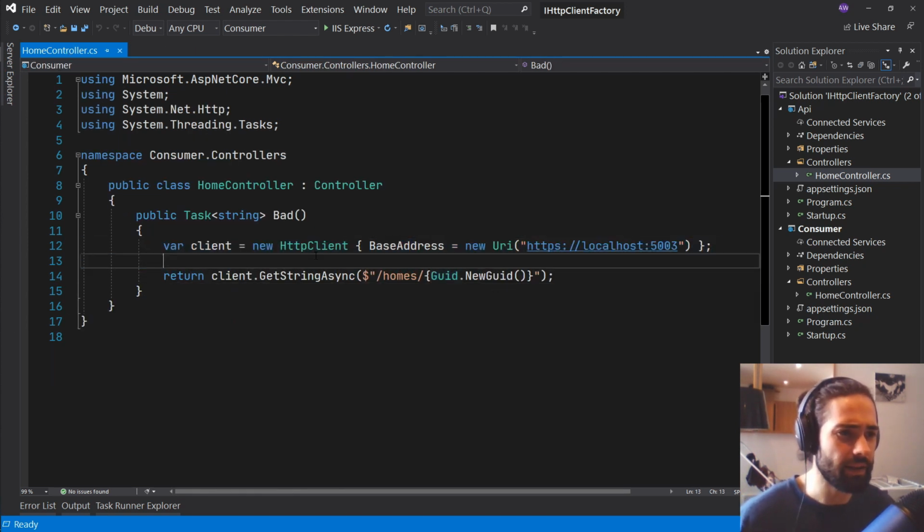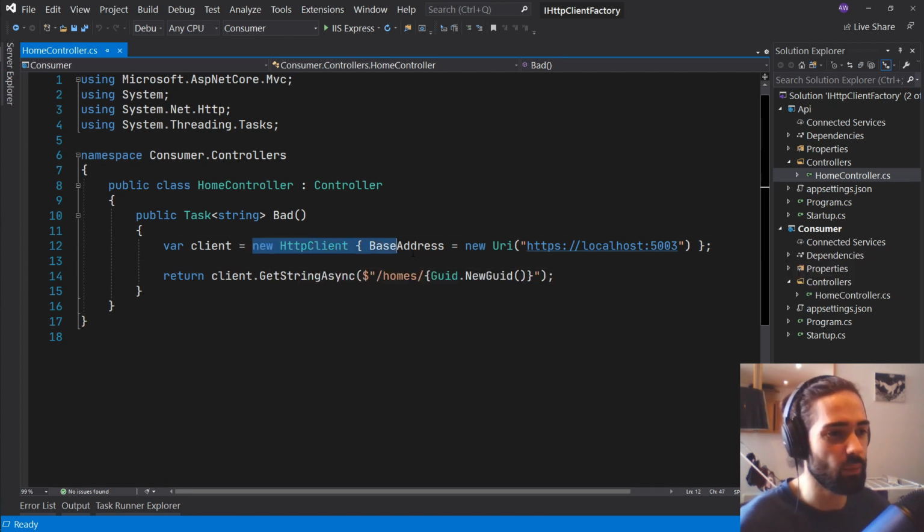So this is bad because the HTTP client has been notoriously bad for some time. I wasn't aware of this maybe a year ago. If you'd asked me something about the HTTP client, I wouldn't know this, but as a short overview of the problem, I don't want to delve into it too much because I want to show what to actually do. It's essentially when you spin up an HTTP client like this,